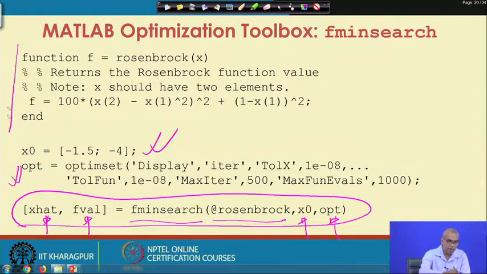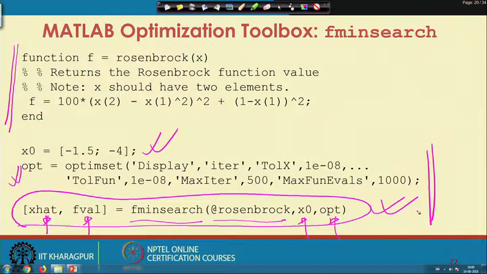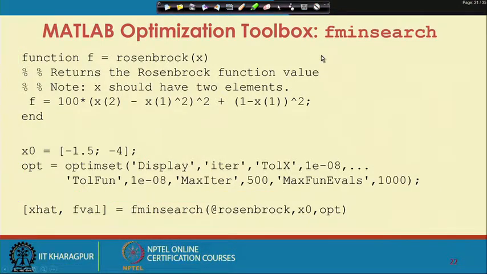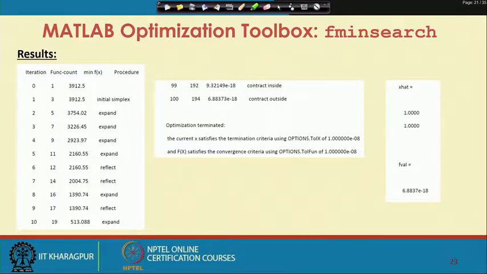So, you write these statements as an M file, let us call the M file rosenbrock.m. Then you either type in these 3 lines in the command mode, or write another M file where you write these 3 lines and then hit the run button, and you will get this solution.